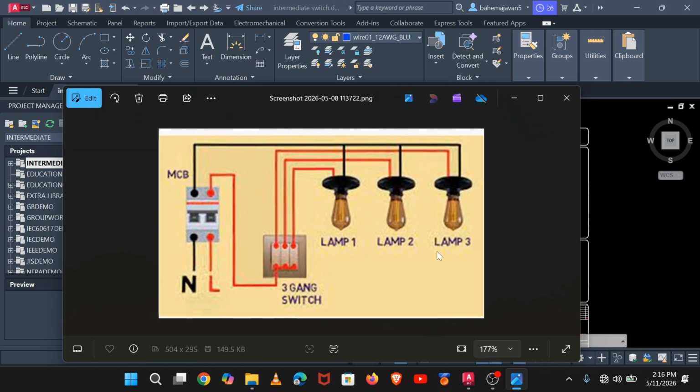We have a neutral, an MCB, and a three gang switch, with lamp 1 and lamp 3 connected in parallel. This is the wiring diagram of this electrical circuit, and I will show you its schematic, its circuit diagram, and what the wiring diagram will be when you draw it